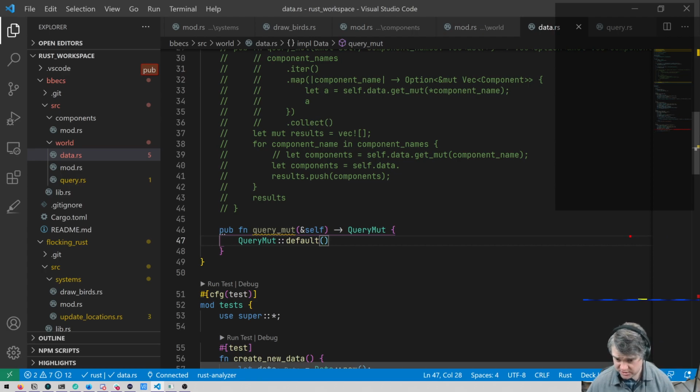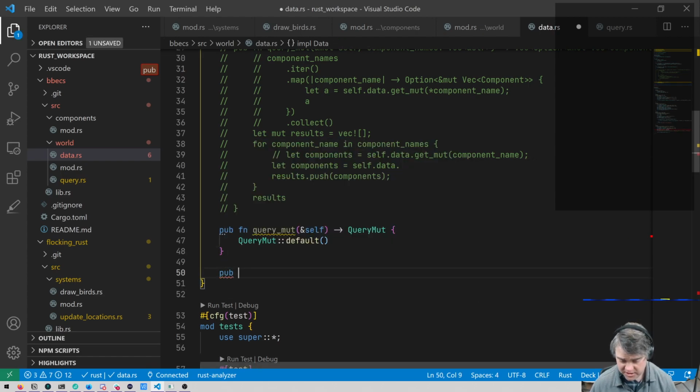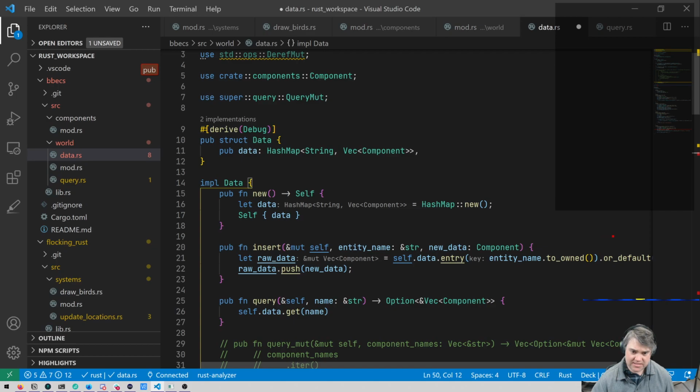So if we do something like this, we now give ownership of QueryMut to whoever calls it. But then we're going to have another function, or as part of this query, so we can then add the data to the query. So we have create, like we start the query and then with component essentially, which kind of sucks because